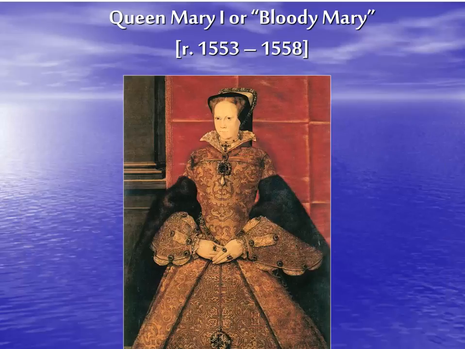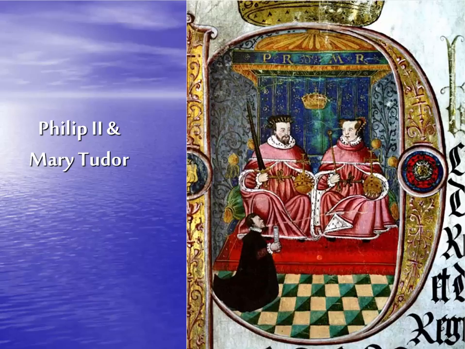So Mary, the rightful queen, comes to the throne, Mary I, known as Bloody Mary. This is Mary Tudor. She is going to rule also for not a very long time. Remember, she had a very sad life, being kept from her mother, her father abandoning her. She marries her cousin Philip II, who was considered to be very handsome at the time and quite the catch. And there's Philip II and Mary Tudor. But he was much younger than her, and he really didn't want to have much to do with her. The relationship wasn't very good, even though Mary loved him very much.